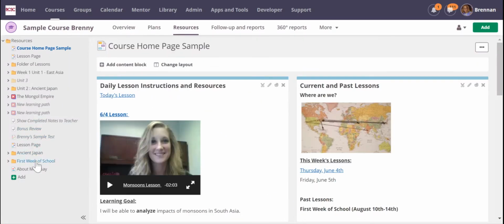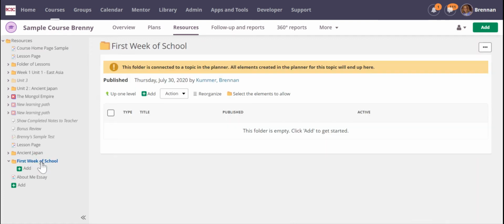And what I'm going to do is I'm going to come over here to the left-hand side of my screen, and I'm going to copy the link address for this first week of school folder because that's what I want my link to take my students to. So the other way of doing this is you could actually click on this first week of school folder, and it takes me here, and I could copy the URL here at the very top of the page. But what I'm going to do